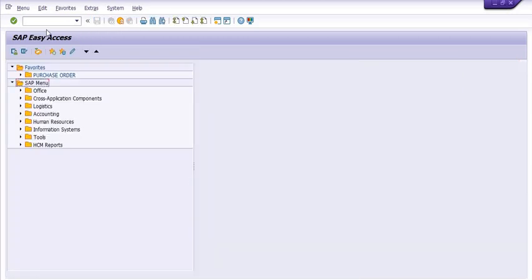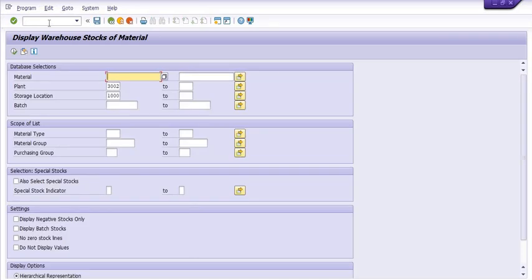The next transaction code is MB52. Through MB52, we can check the warehouse stock of the material. We have a warehouse, and in that warehouse we have unrestricted stock, project stock, and transit stock.